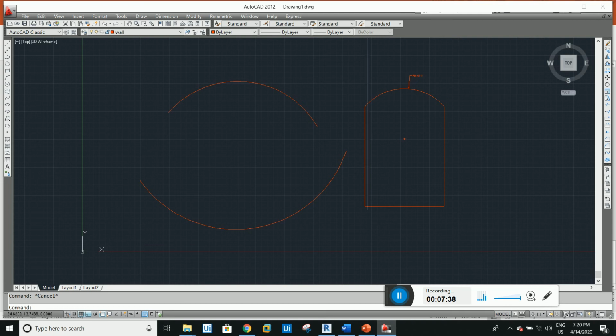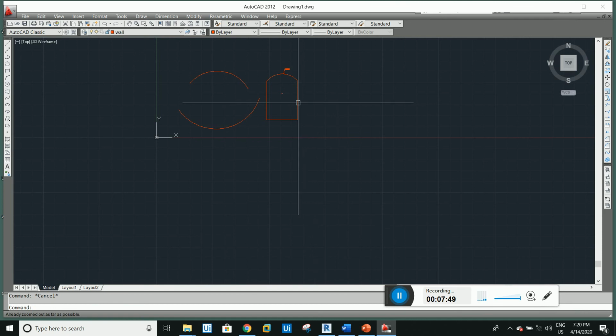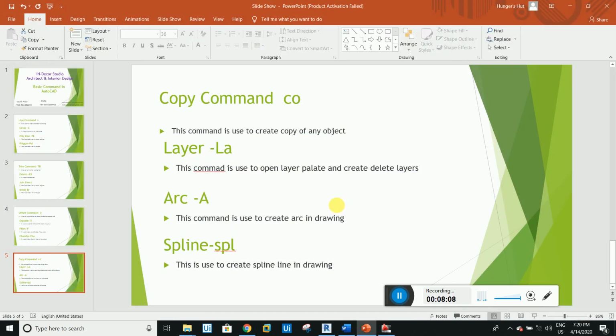So this is for arc, guys, and the next command is spline. I will explain the spline. When you are going to create a random object, or a road shape or any random lines, there we can use spline. For example, we use the line command to create a straight or angular line, or a polyline for lines joined together as a single object. But spline is a different type of line, used to create shapes like a road shape or a lane shape, or some other shape.